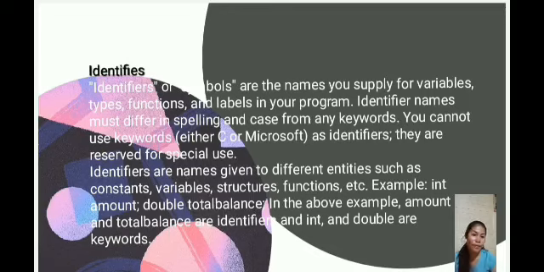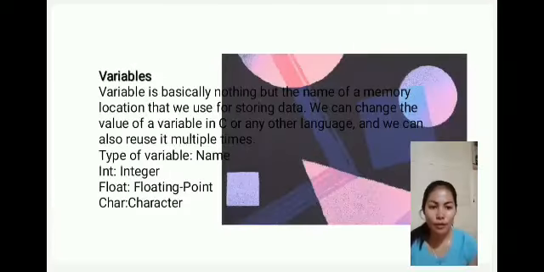Identifiers are names given to different entities such as constants, variables, structures, functions, etc. For example, int amount, double totalBalance. In the above examples, amount and totalBalance are identifiers and int and double are keywords. Variables. A variable is basically nothing but the name of a memory location that we use for storing